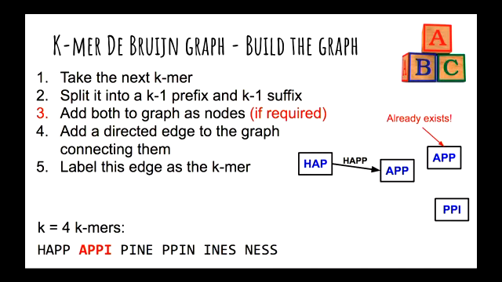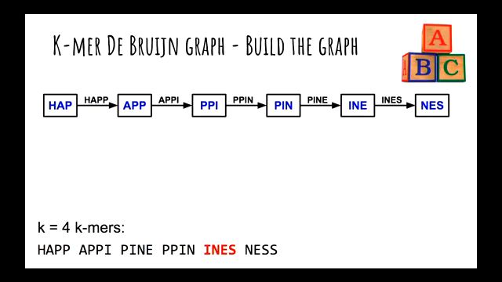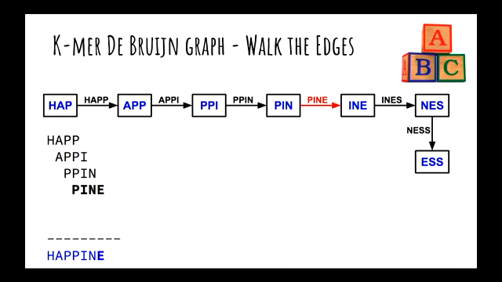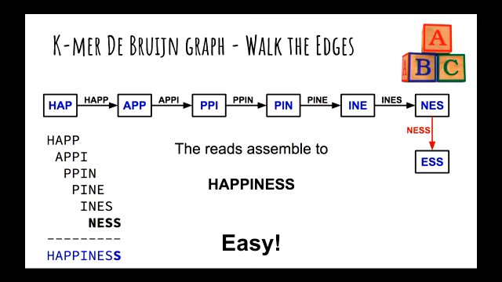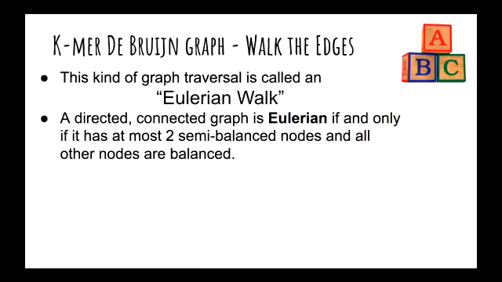And we went through the process of taking a k-mer, splitting it into the k-1 prefix and suffix, adding both to the graph as nodes if required, and then adding a directed edge to the graph connecting them, and then labelling the edge with the k-mer. We went through some examples of building them, and then we talked about how we traverse this graph to pull out contigs, and we produced the word happiness. Then we talked about the Eulerian walk,